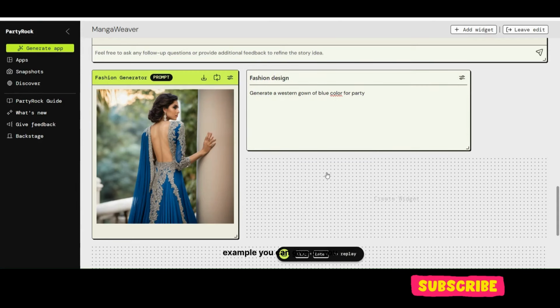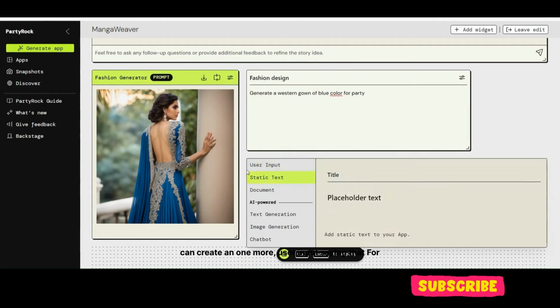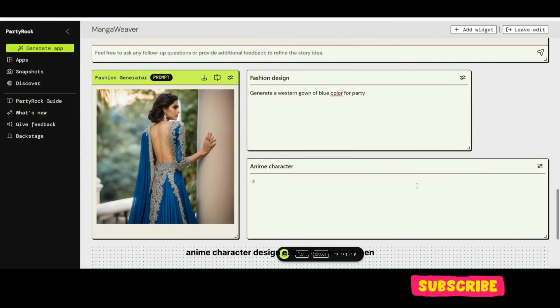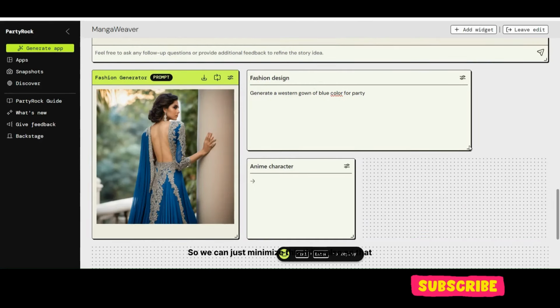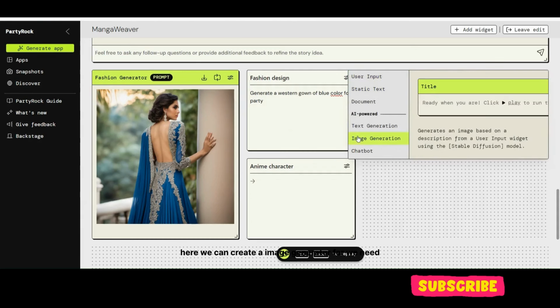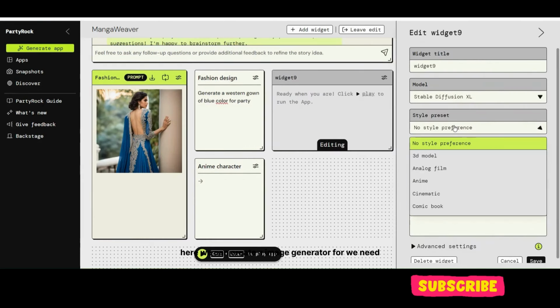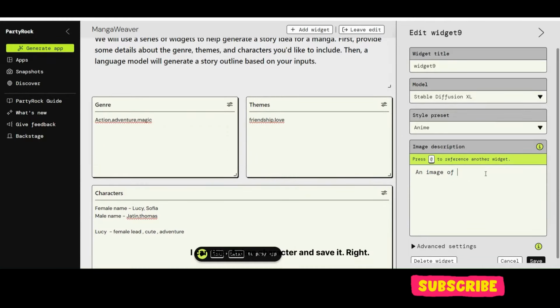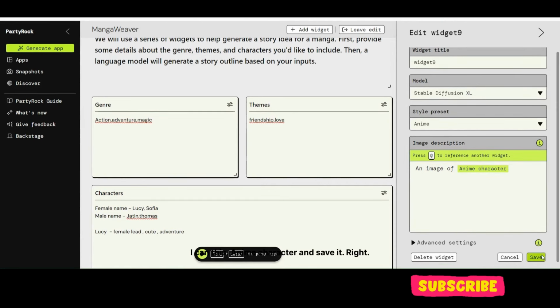So an example you can give, or you can create one more user input for anime character design, for example, save, and then we can just minimize this thing also, so that here we can create an image generator. We need an anime generator, so I can just write anime character and save it, right?